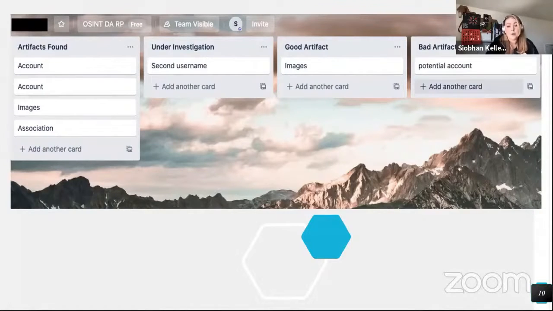It's important to track your work for many reasons. The biggest reason is that it's helpful when you hand this off to investigation organizers. They need to have a clear understanding of what you're giving them and how you found it. So it can be included in the investigation package that will be handed over to authorities. If the information is for a CTF, you have to provide your evidence in order to get your points.